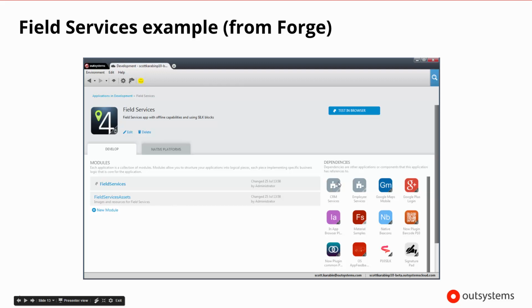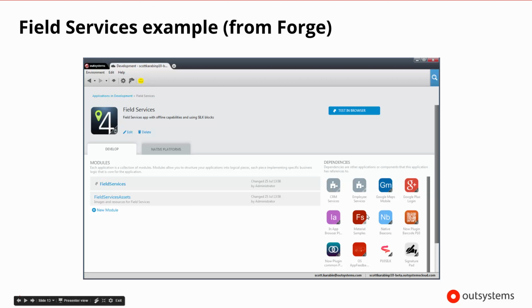And then you can see here that it has dependencies. So these are all modules from other applications, and it is showing us all the applications that we're currently dependent on. So, in this case, Field Services is a very complex application that's using 12 different other things as far as